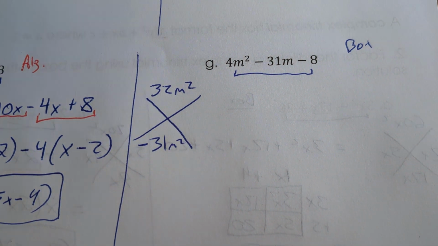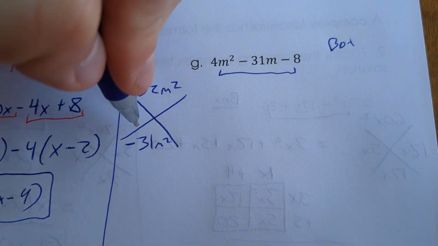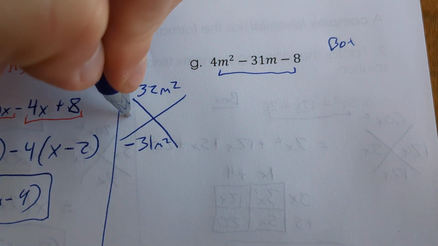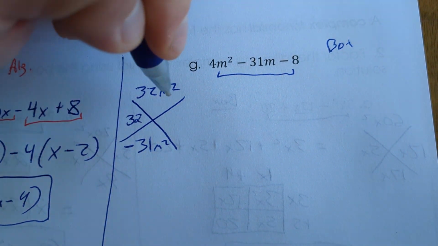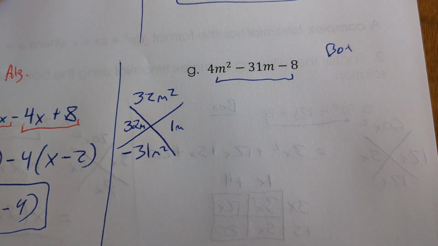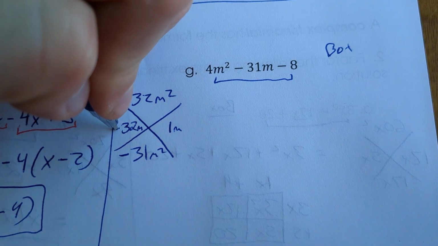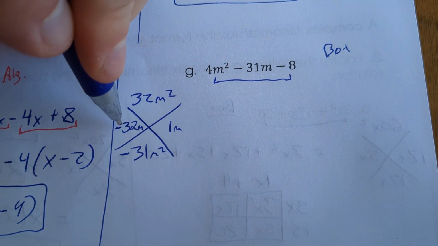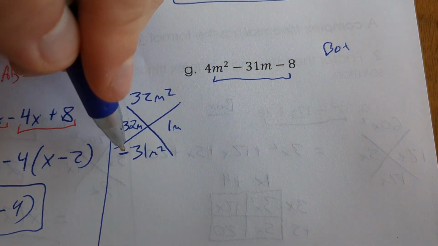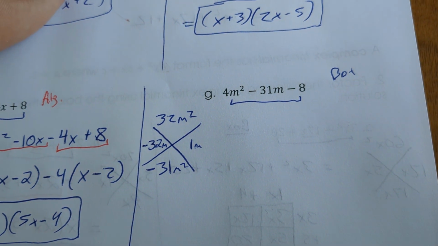Okay, and this must just be 32 and 1, right? To add to 31, so 32m and 1m, and then we have to think of which one's negative. So if this is a negative number, then the bigger number must be negative, right? Negative 32 plus 1 is negative 31. Multiplying these, you would get, right,